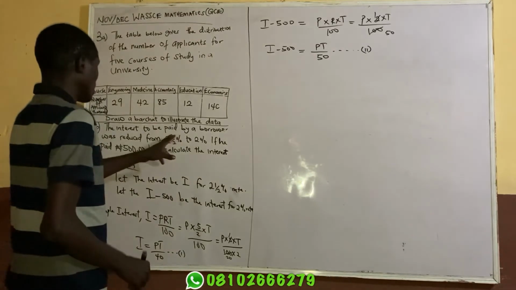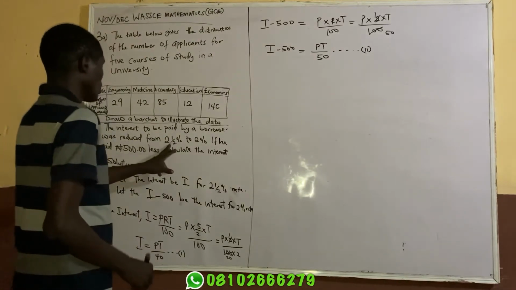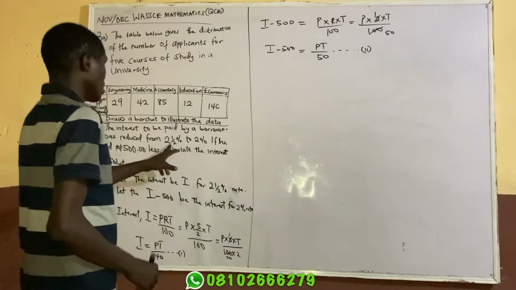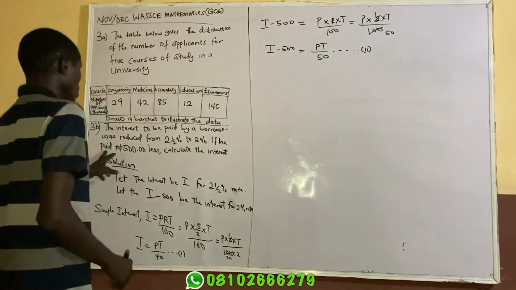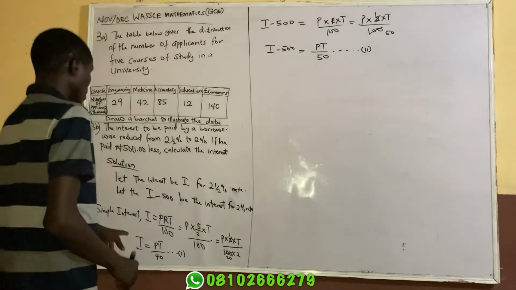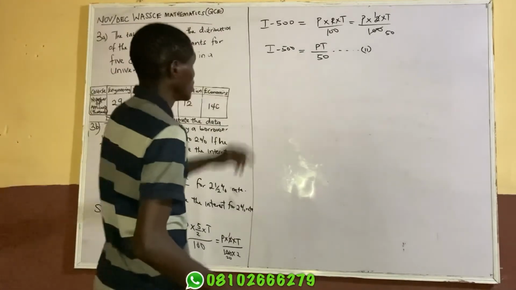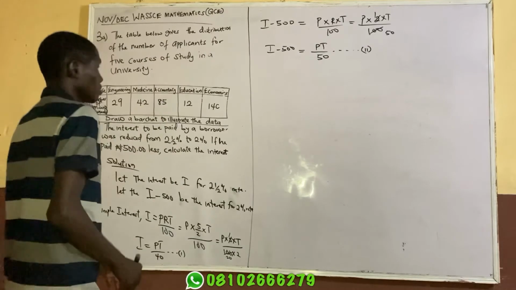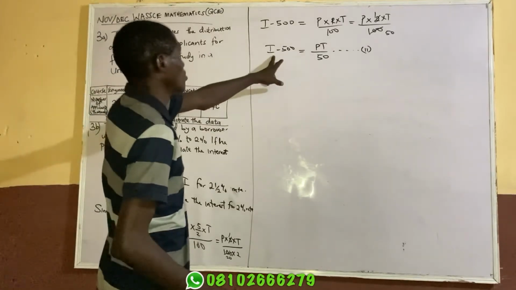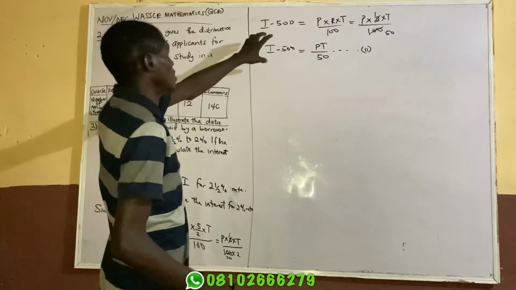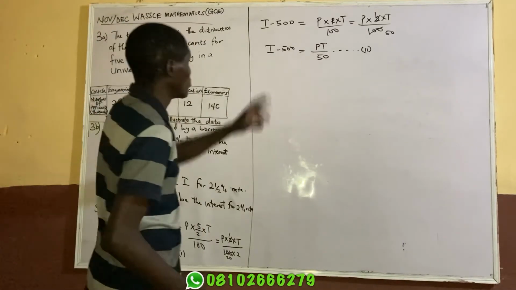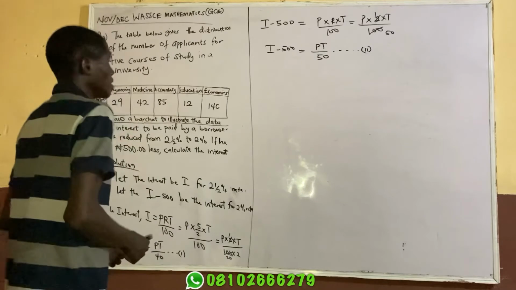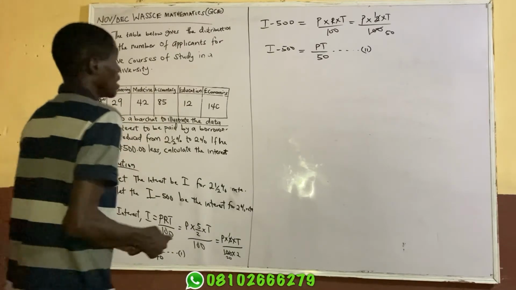The interest will be reduced from 2.5% to 2% rate. It will pay 500 less. So meaning that for this to be equivalent to this, we have to subtract 500 from the initial. So this one can be equivalent to this. Since this and this are equivalent now, we can easily calculate our I and just say equal